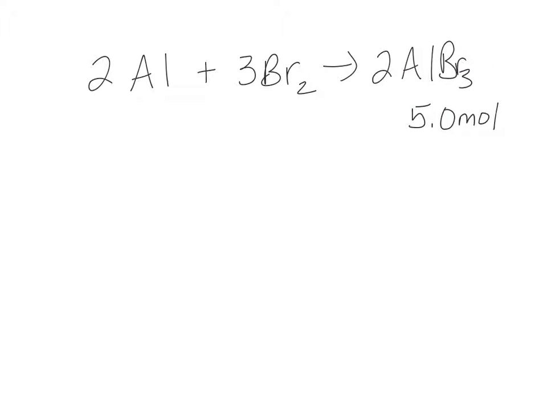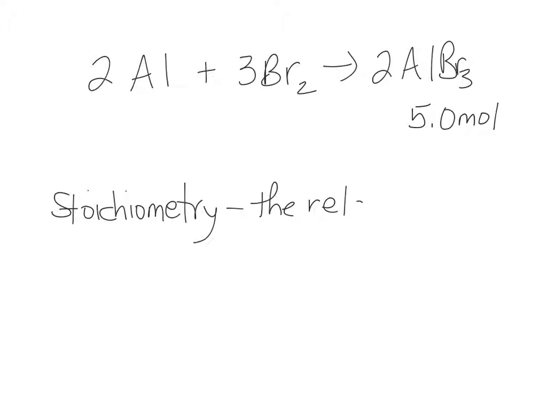So, what did we say stoichiometry was? It's not a guy in Russia. Stoichiometry. That's actually pretty good. What's stoichiometry? The stoichiometric relationship between aluminum and bromine is 2 to 3. Ratios, good. So this is the relationships